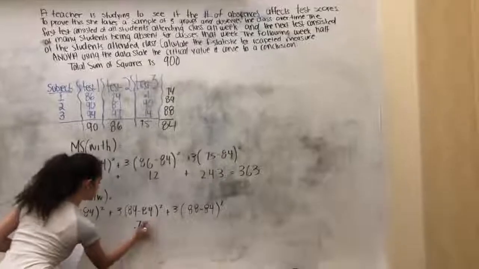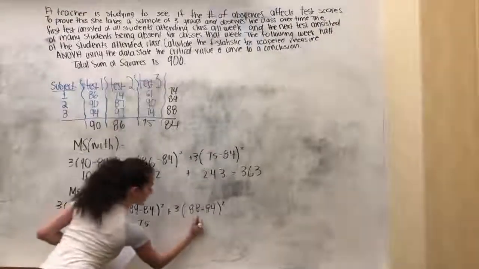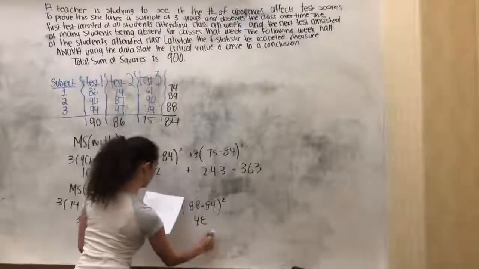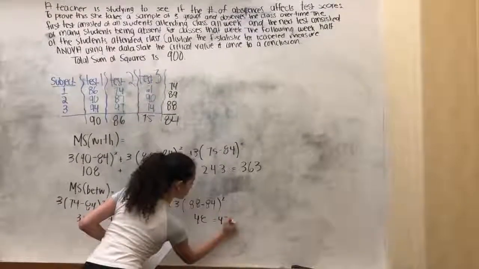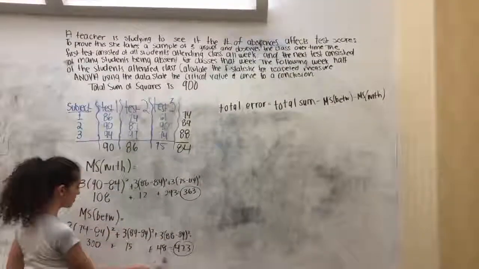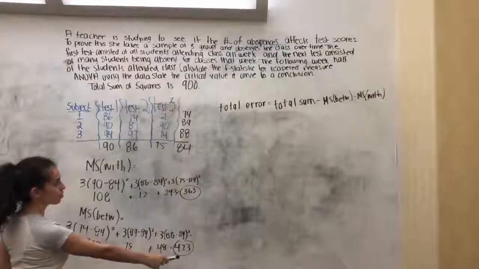So after plugging it in, we're going to get 300, 75, and 48. And as you add this, it's going to equal 423. So now that we solved MS within 363 and MS between 423, we're going to move on to the